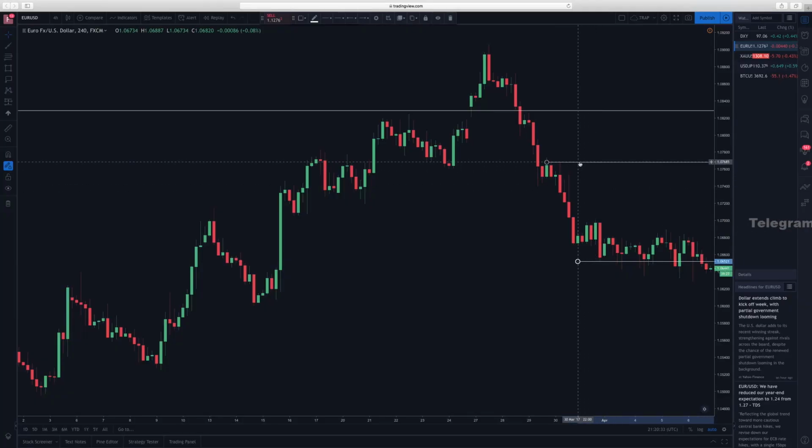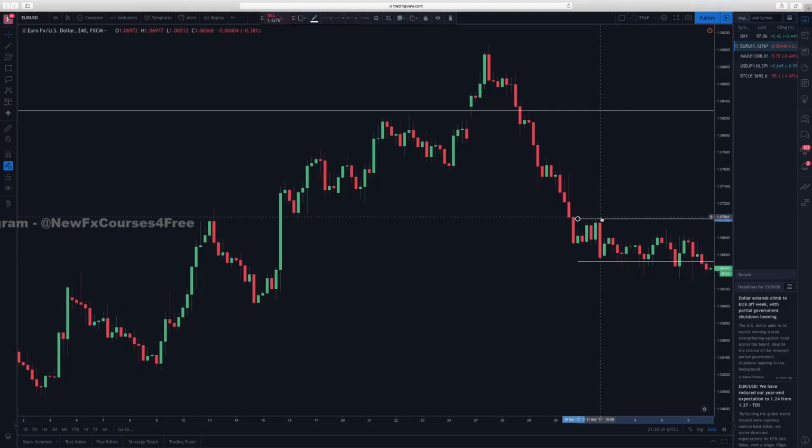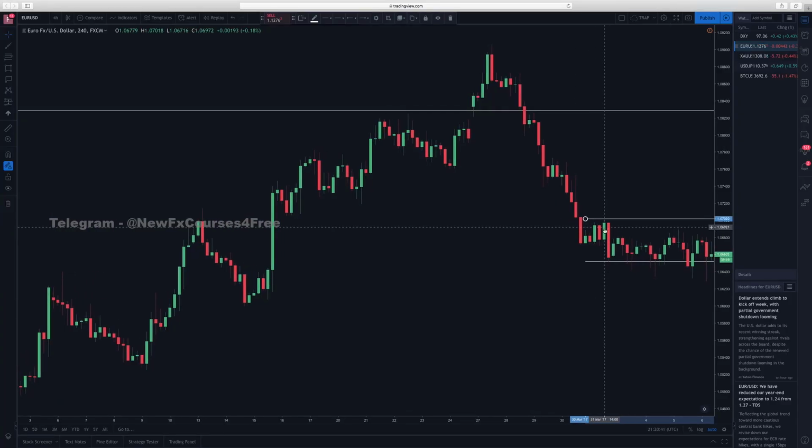Would have been looking for a pullback, same thing, shallow one before slipping, breaking structure, signaling lower prices, so we get a push down, and then price basically sets a new structure low, new structure high, and once again the structure low and high deliver the range to us. So price starts to contract for a bit. It can't necessarily find direction. It's a wick in the bottom, but it's not closing below,